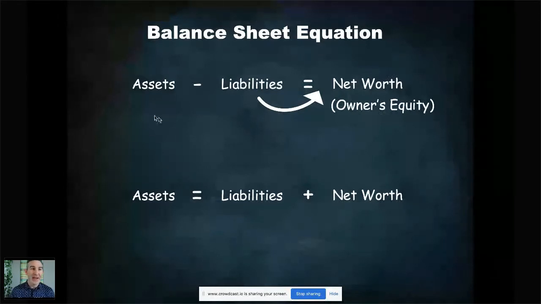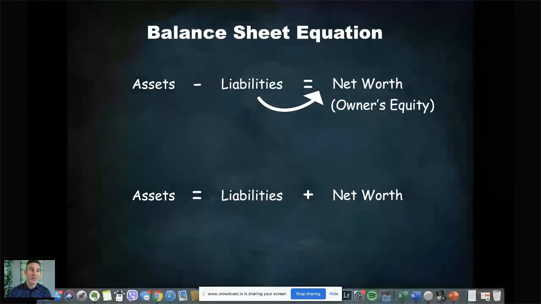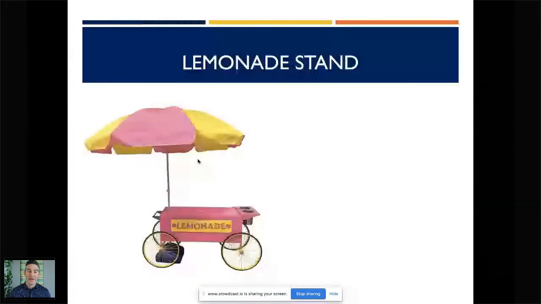So just like last week, I would like to use an example. We're going to stick with the same example of our lemonade stand. Last week we talked about how you've been making lemonade since you were a kid. You make a mean, fresh squeezed lemonade. And we did a lesson last week on what your profit and loss might look like. Now we're going to look at your assets and your liabilities. So let's say in this tiny little business you've got your nice pink and yellow lemonade stand. Let's start going through your assets.